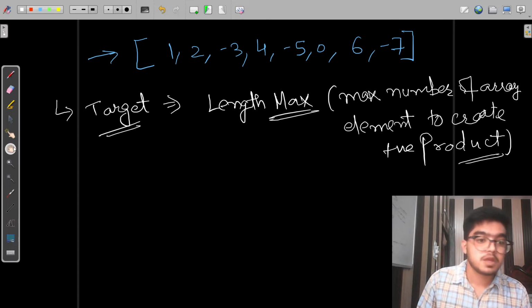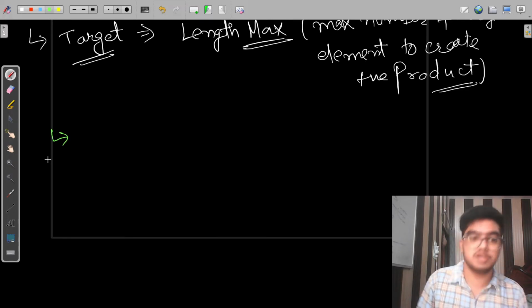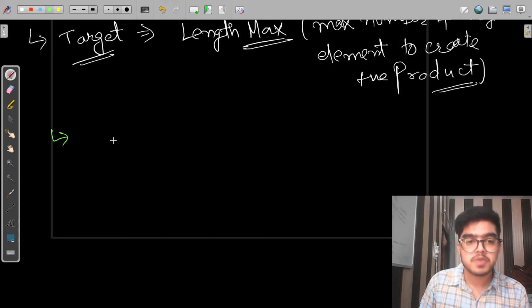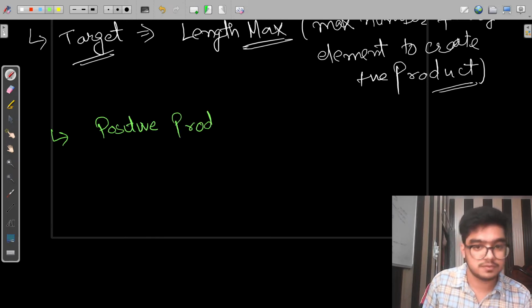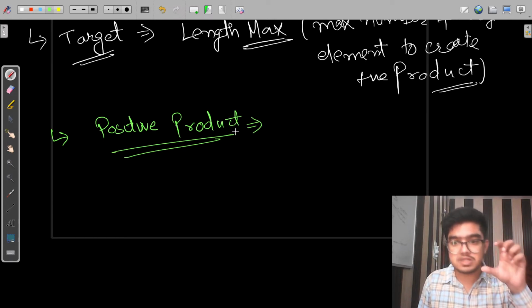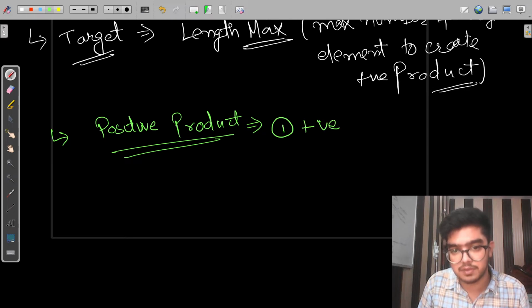Okay, so this is another way to understand our target. Now there are some things we have to think about in order to solve this problem. What are those things? Let me explain. The thing is the positive product. Let me tell you the properties of multiplication. The first property is if we have a positive value and we multiply it with a positive value, we get a positive value.